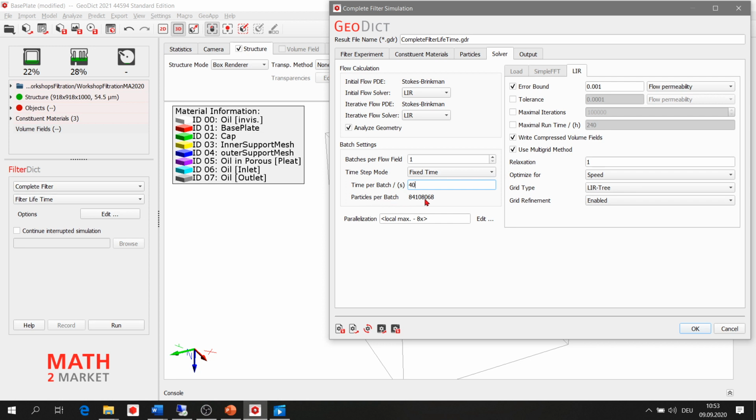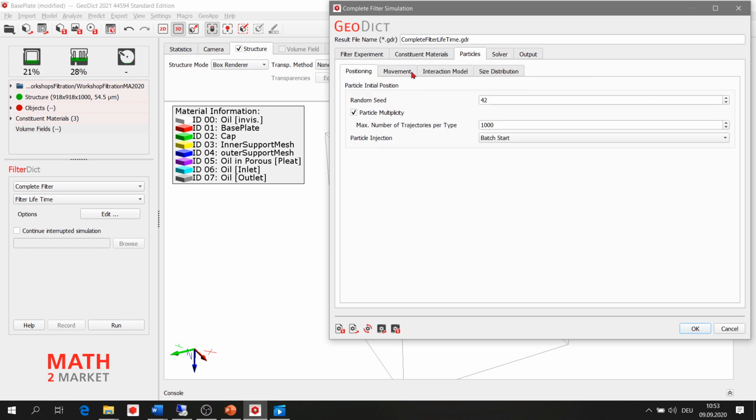As you can see here, we have more than 84 million particles per batch. This is computationally very expensive if you want to track every single particle. The multiplicity here will help you track a maximum of, for example, 1,000 particles per particle type.